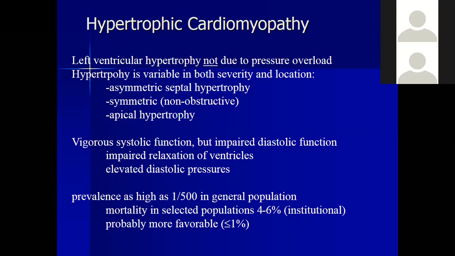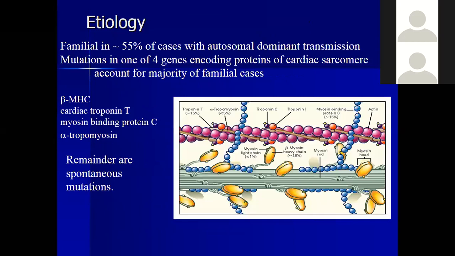So what is the diastolic function? Systolic function is the contraction. Diastolic function is for the relaxation, when in the diastole the ventricle starts to relax. So there is impaired relaxation of the ventricle. So you have what? Elevated diastolic pressure. So the mortality is higher in these kinds of patients, because as the hypertrophy increases, the risk of sudden cardiac death is higher.